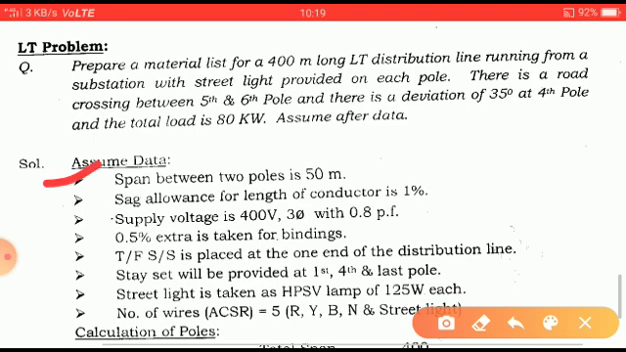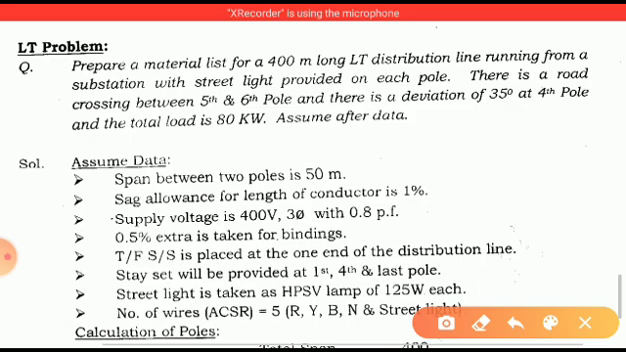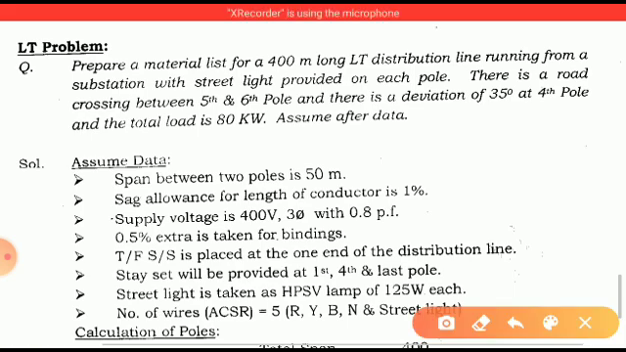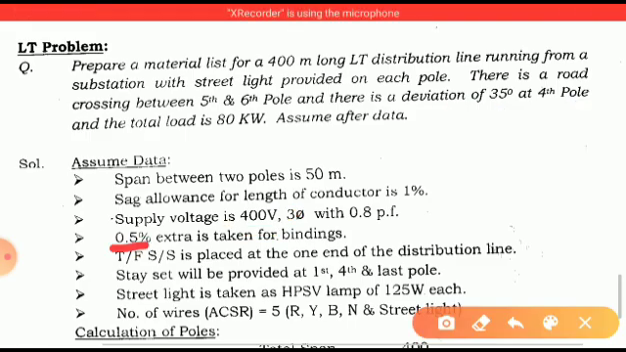The first one is the span between two poles is 50 meters, which means the distance between two poles will be 50 meters. The next one, they have given sag is 1% of the conductor, meaning the actual deviation of the line. The third one, supply voltage, they have given 400 volt, 3 phase, 0.8 power factor, and the conductor is